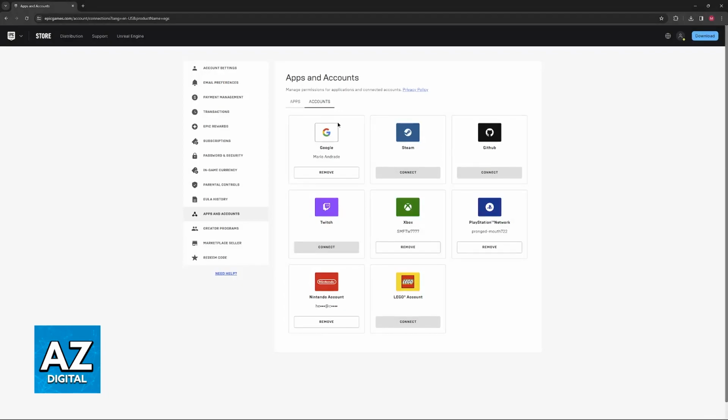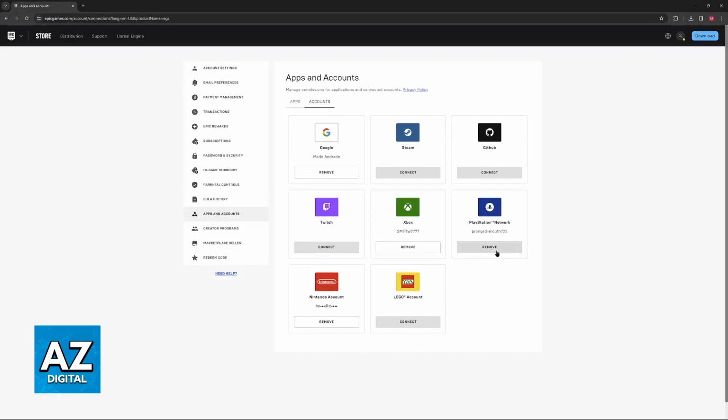The way Fortnite works on consoles is that you will be able to link a certain service account here and play Fortnite using that service account. So let's say, for example, I have this PSN account linked. If I go over to my PlayStation 4 and sign into this account, I will be able to keep my progress and use the Epic Games account or the Fortnite account linked here.